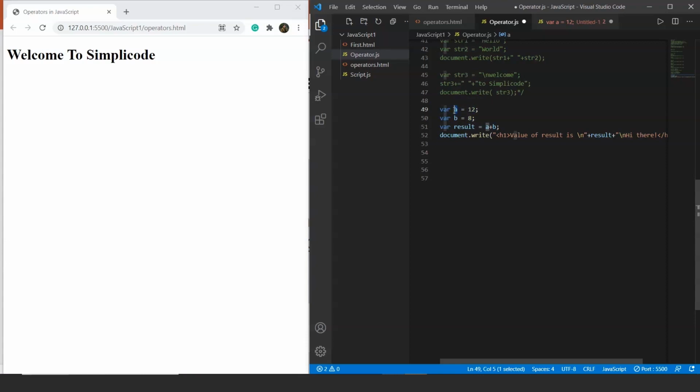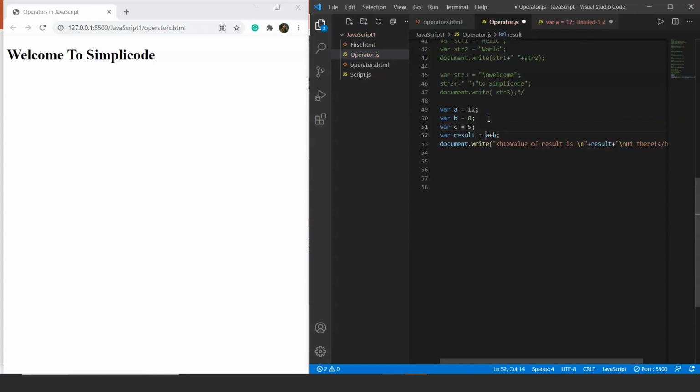So it's going this way, like first the computer will check for the value present at the right. It's going from right towards the left. This is what is known as right to left associativity, and assignment operators like equals to have right to left associativity. Let's add here one more variable. Let's say we are adding a variable c, and we are giving it the value 5.